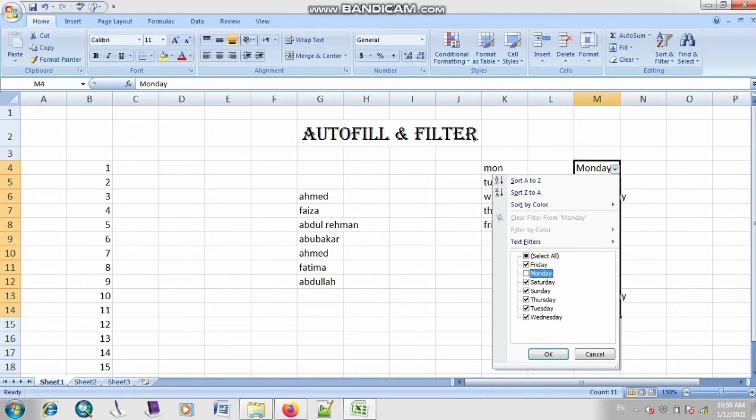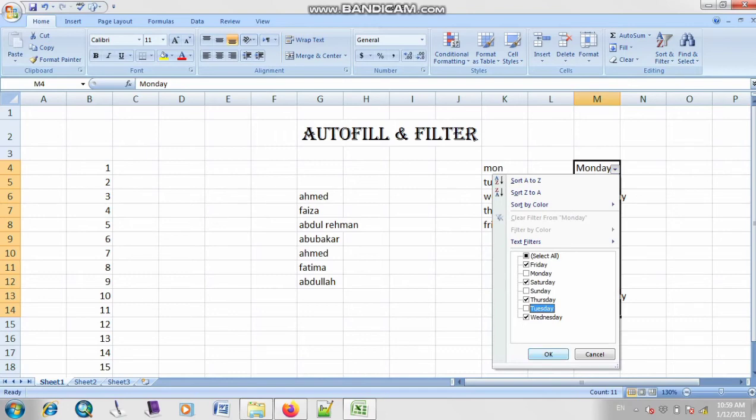So I will uncheck it. I don't want Sunday on my list, so I will uncheck the box. Again, I will uncheck Tuesday. So as you can see, Monday, Sunday and Tuesday, I have unchecked these values and other values are appearing on your list. These are the check boxes.